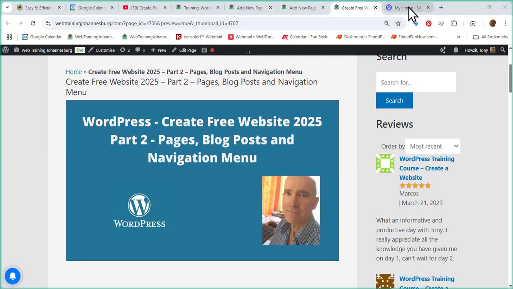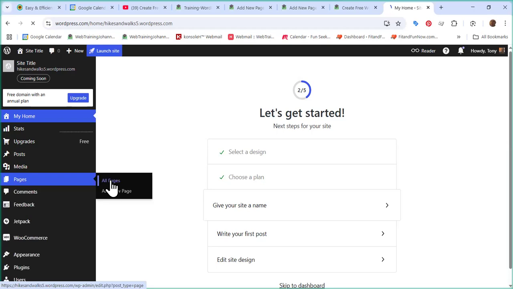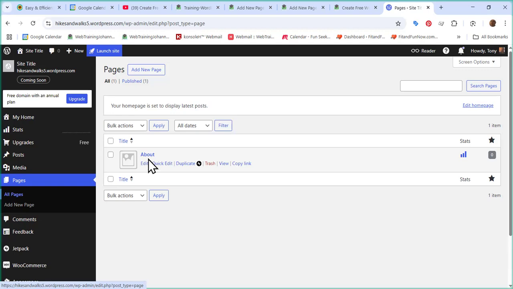All right, so we are in the admin area or dashboard of our website, and we are going to go to pages and all pages. So you click all pages, the page opens up, and you can see that by default, WordPress has given us the About Us page. We would like to create a Contact Us page. So you can click there, Add New Page, or here, Add New Page. So click Add New Page,